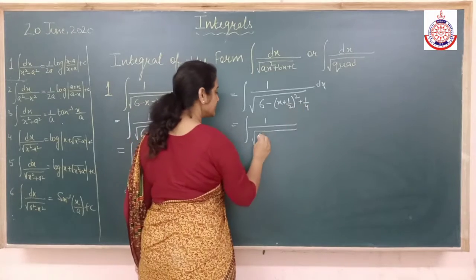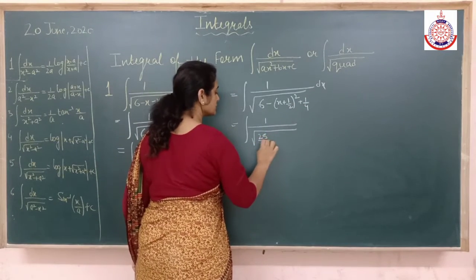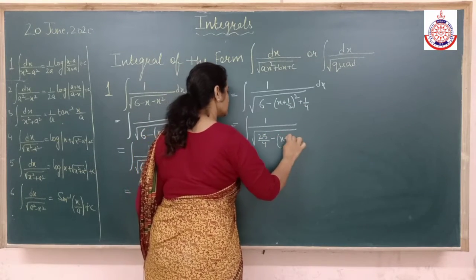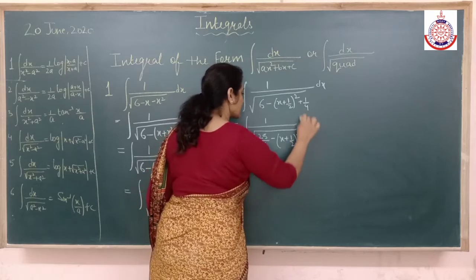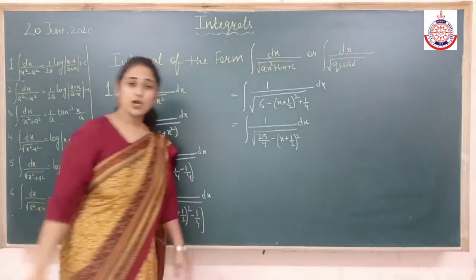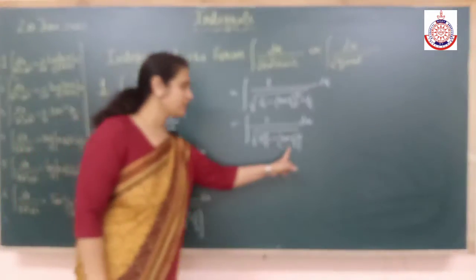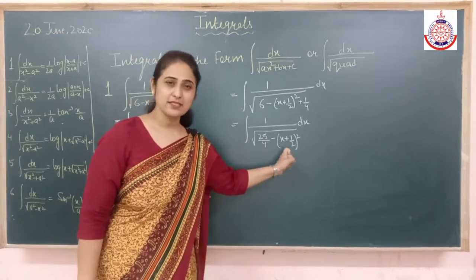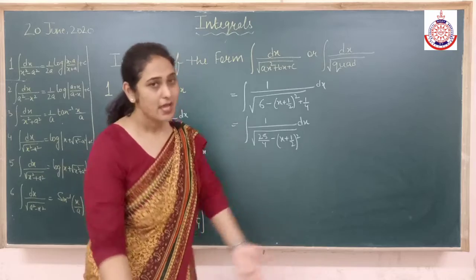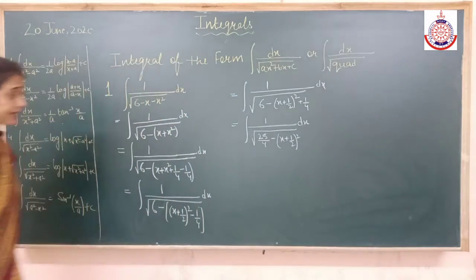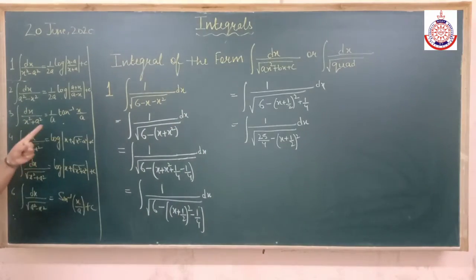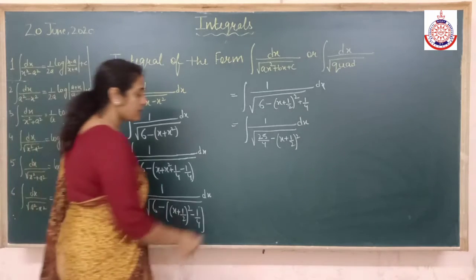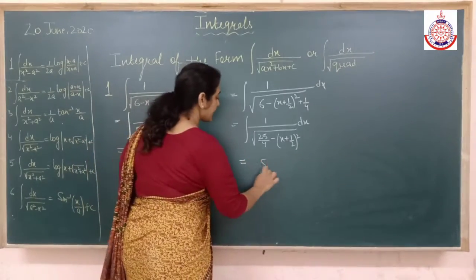This to be added. Which form? See now you are habitual. You know that we put a is equals to t. It will become a square minus t square. So ultimately the same thing. So directly also we can apply that thing. So which form I can correlate it with? 1 upon under root a square minus x square. Is it clear? A square minus x square. So what formula? Sine inverse